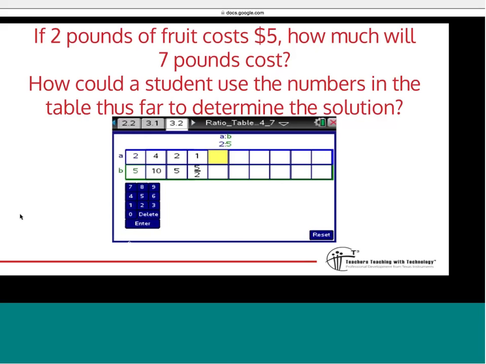So back before you'd asked the question, a couple of people had talked about how we could use the unit rate to solve this problem. So I wonder how else we could use this actual ratio table that's shown to answer it as well. Okay, so that unit rate that we see here, the 1 to 5 halves, we can use that and think about that multiplicative relationship. If we multiply 1 by 7 and we multiply 5 halves by 7, then we'll get to the